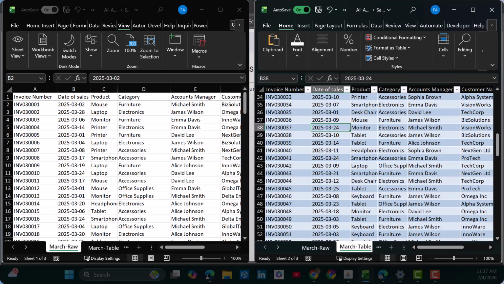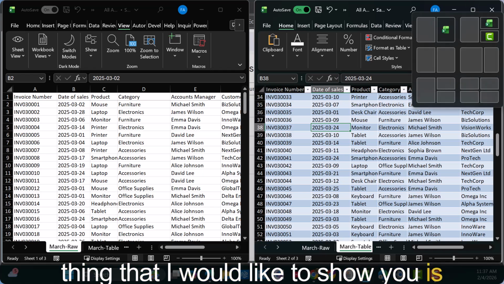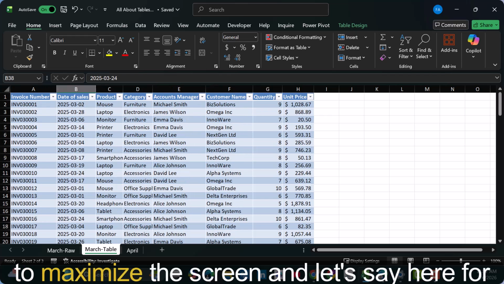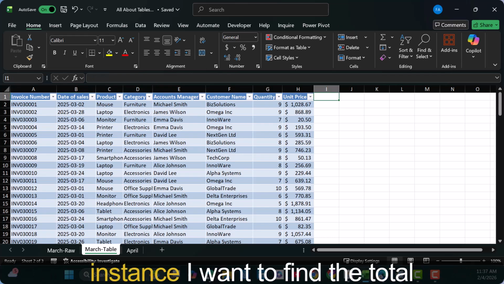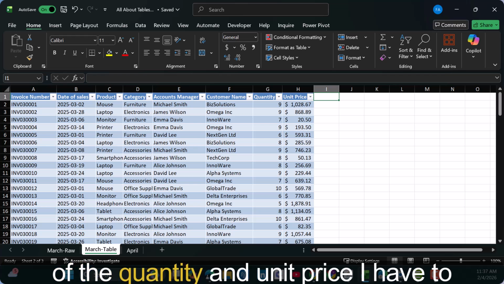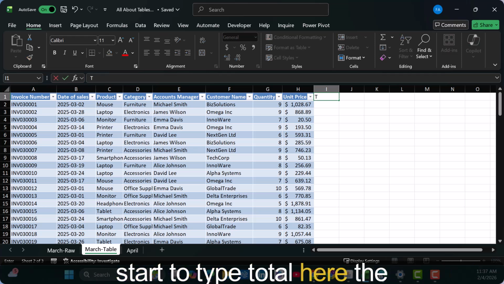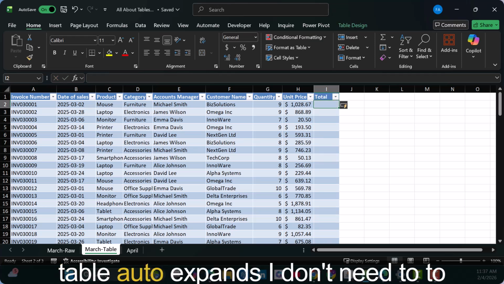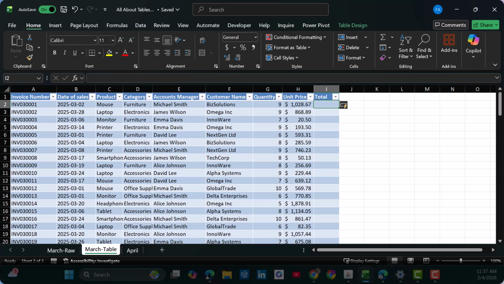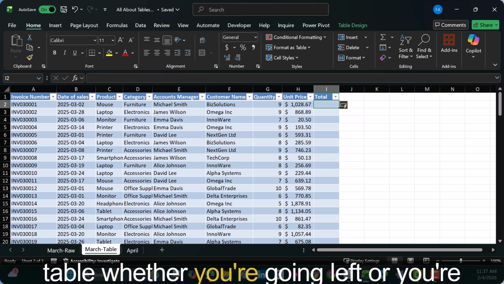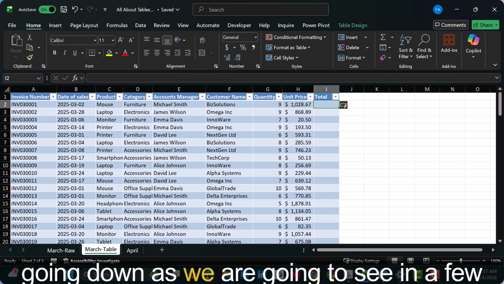So the next thing that I would like to show you is expanding the table. So again, I'm going to maximize the screen, and let's say here, for instance, I want to find the total of the quantity and unit price. I have to multiply quantity by the unit price. So if I just start to type total here, the table auto expands. I don't need to do anything else. It just keeps expanding the table, whether you're going left or you're going down,